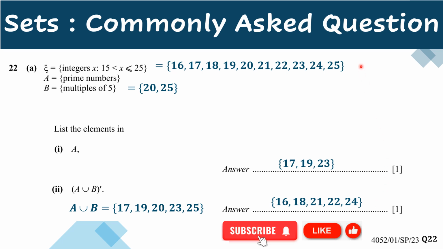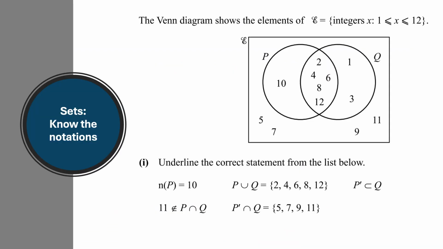So based on this it is easily done, but what is important is you need to know what the elements in the universal set are. Okay, so let's move on to part B of the question. This question is completely different from part A, it is not related at all. So we have a new universal set which is labeled from 1 to 12. You notice all the elements are already labeled in the Venn diagram,